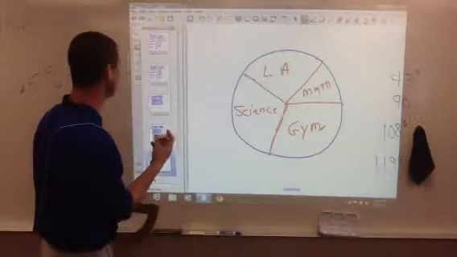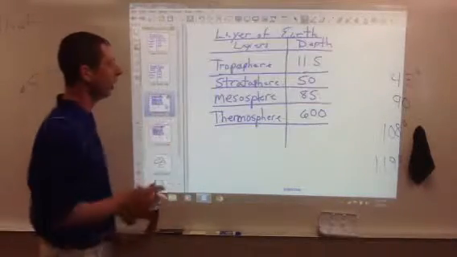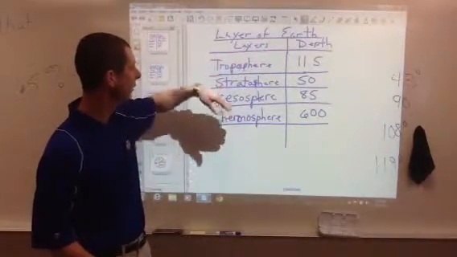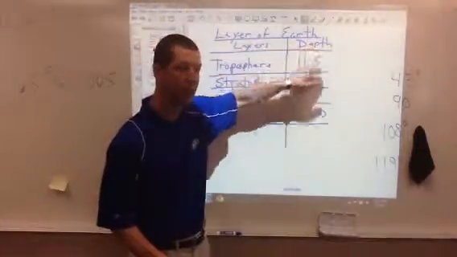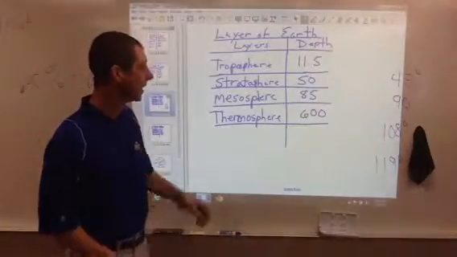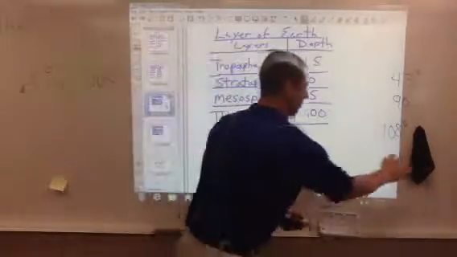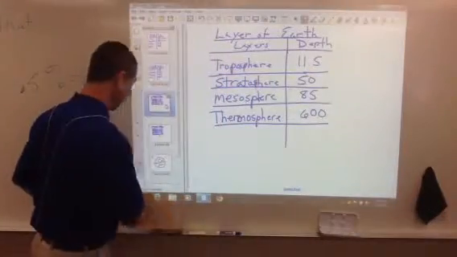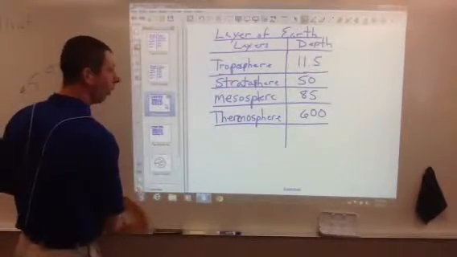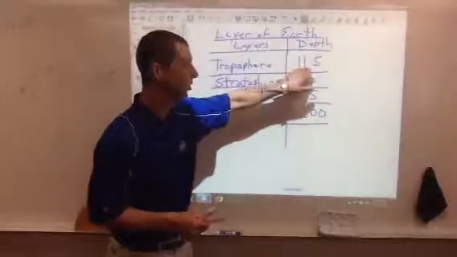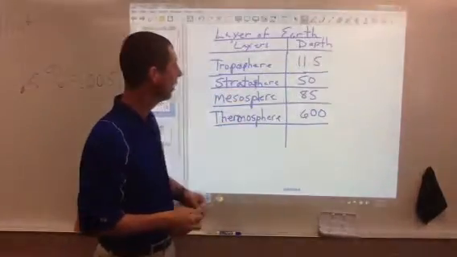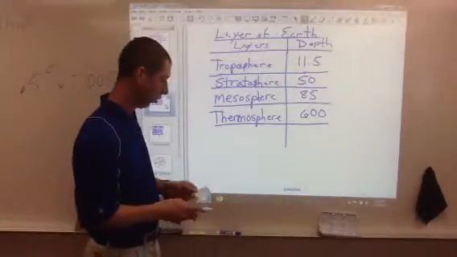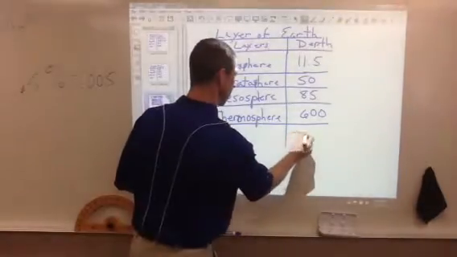Okay, let's look at a little more difficult one now. Here is one, layers of the earth. Here are the layers. Here are the depths. What makes this one a little more difficult, and let me erase this so we don't get mixed up with any of this information, is that we don't have percentages. So what you have to do is get the total. You have to add these up, and the total comes out to